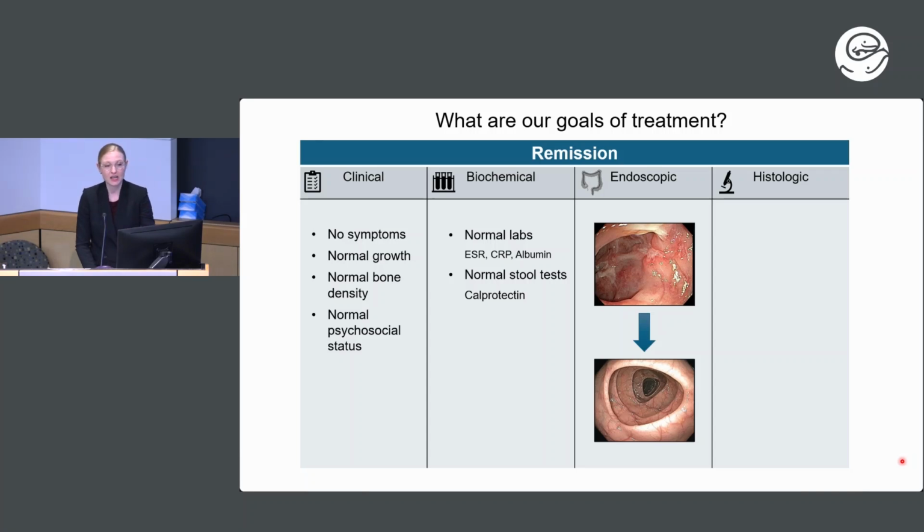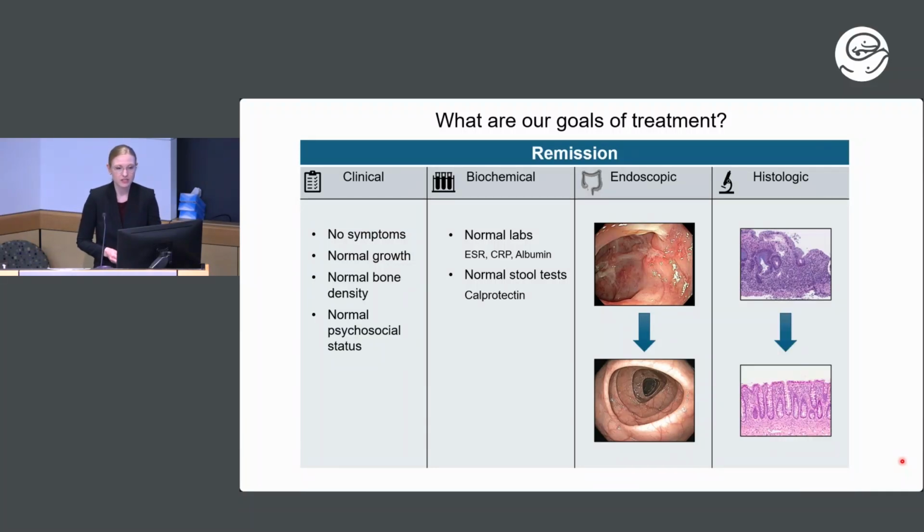Histologic remission takes that a bit of a step further, going from this on biopsies from the intestine at diagnosis to this at follow-up. And somewhere along this spectrum of endoscopic and histologic remission, we call mucosal healing. We know that mucosal healing is associated with better outcomes, less risk of disease progression, less risk of surgery, lower morbidity and mortality. So this has really shifted to become our main treatment target in IBD.